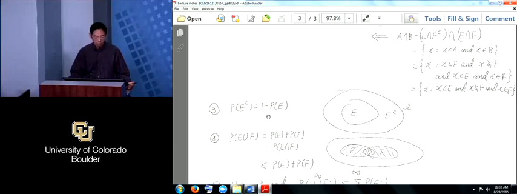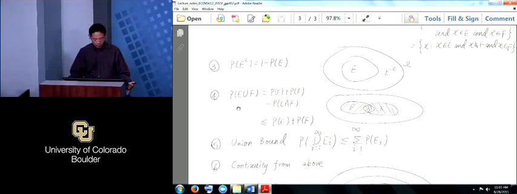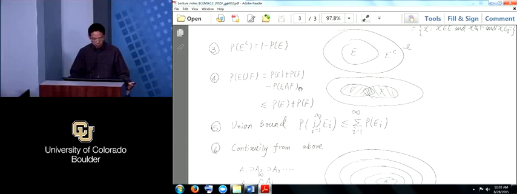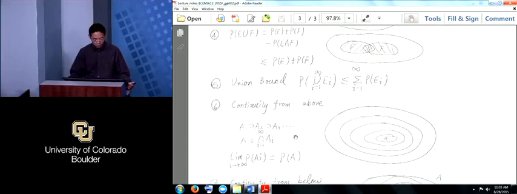Okay. Oftentimes, when we need to know this, we only know the probability of its complement. You can start with this one and have an easier way to calculate it. And the union bound: if the events are not disjoint, then you can have this union bound or exact formula. And some